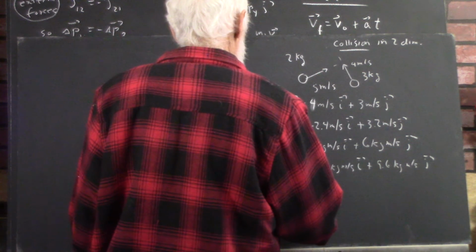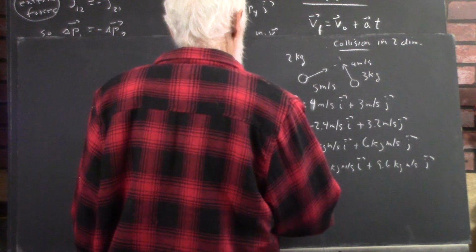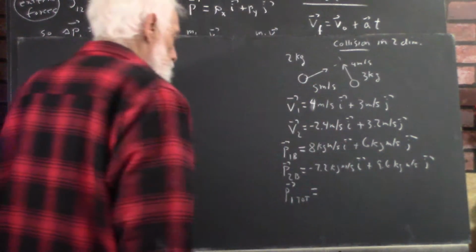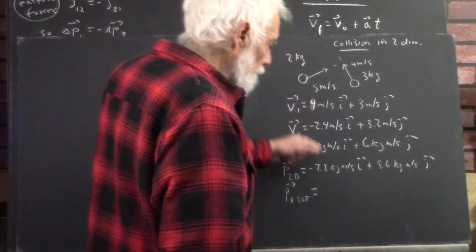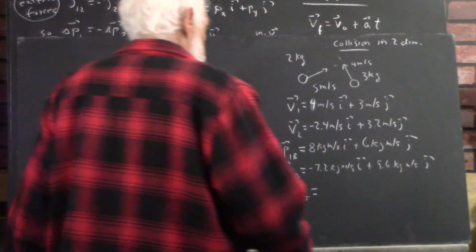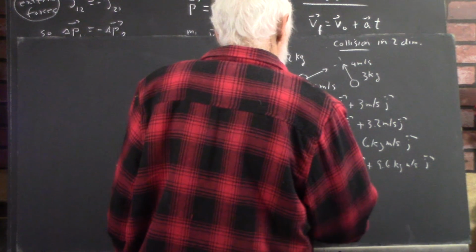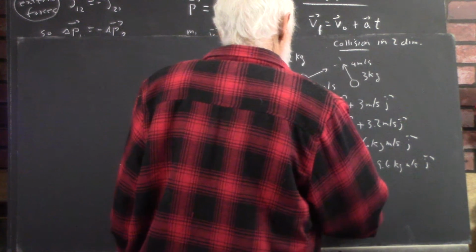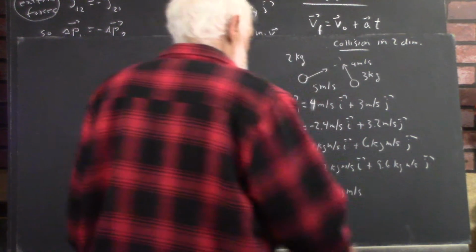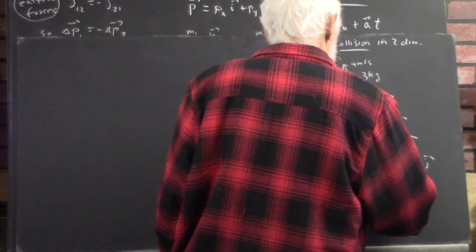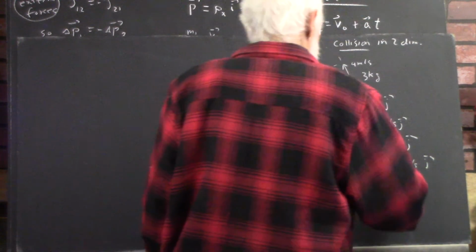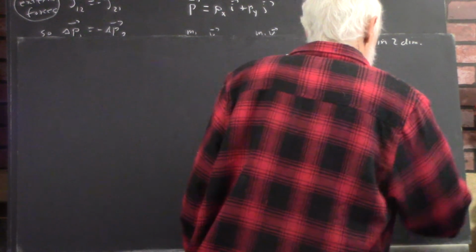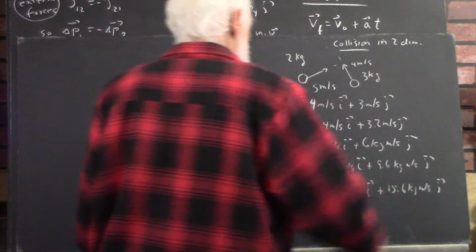So that P1, I'll write TOT for total. Your text might have done that, I don't remember exactly. Okay, P1 total is what? Well, we add the I components and we add the J components. The I components add up to 0.8 kilogram meters per second times I, and 15.6 kilogram meters per second times J. That's your total